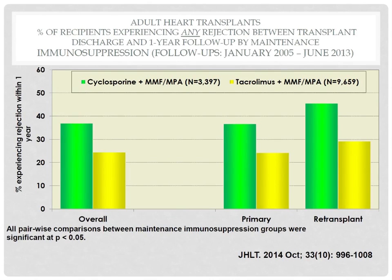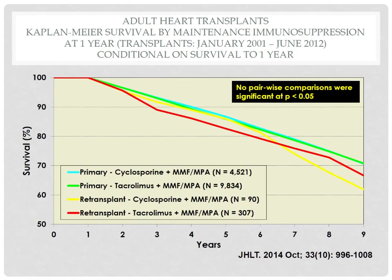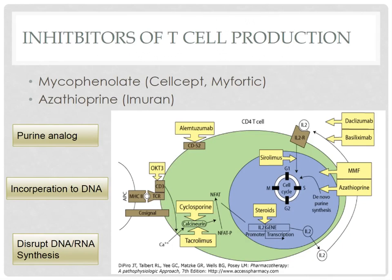And then, in terms of which agent to pick, why are they using cyclo versus tacro? Based on the guideline, tacrolimus is recommended over cyclosporin because potentially it does keep them out of rejection better than cyclosporin. So more patients experience rejection with the cyclosporin combo than the tacro combo. And then although in terms of survival, whether you pick cyclo or tacro, there's no difference between the two. So the next agent I'm going to talk about is the